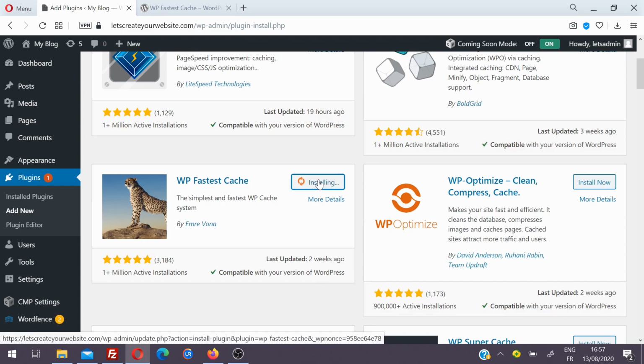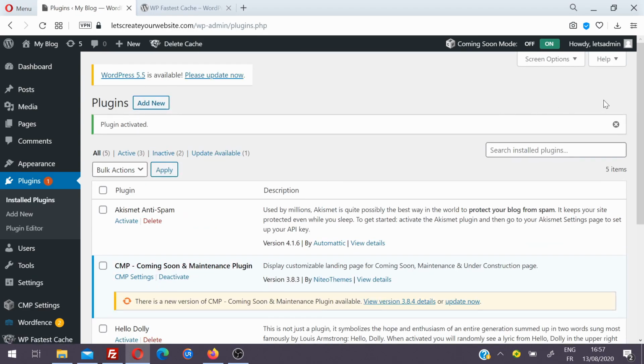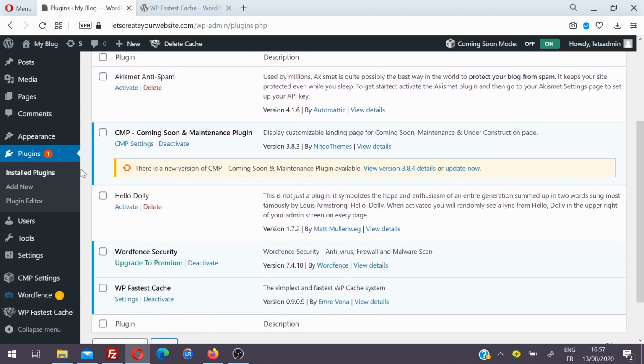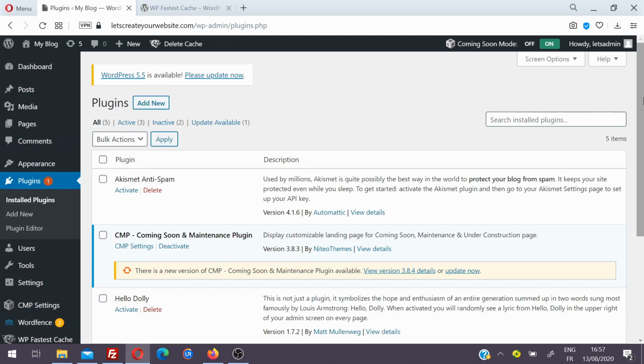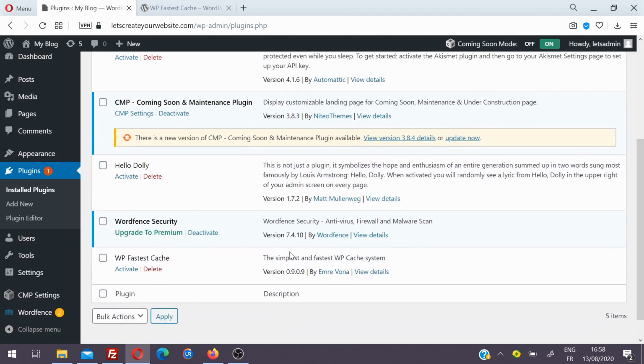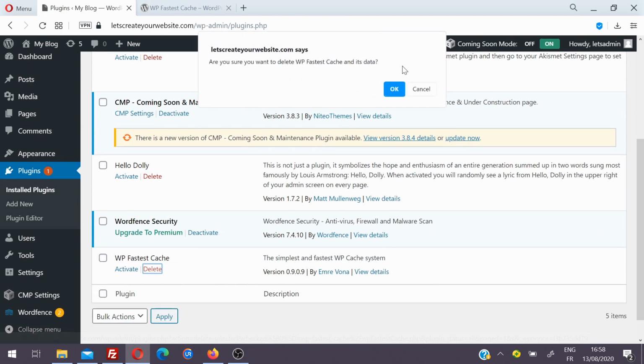So this way, click on Install Now. Once it is installed, click on Activate. This is the pretty simple first method of how you add a plugin to your website. The plugin is added here. You can always go to the installed plugins section and then you can see all the plugins installed on your website. Okay, so before you move to method 2, I'm going to deactivate and delete this plugin to make this tutorial simpler. Now we are going to add the same plugin